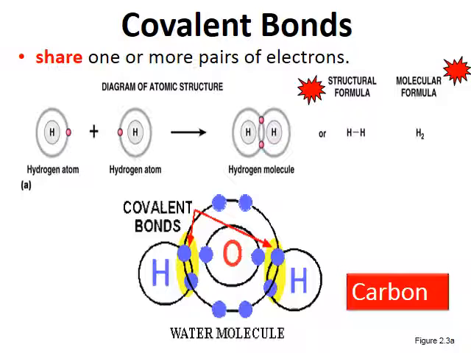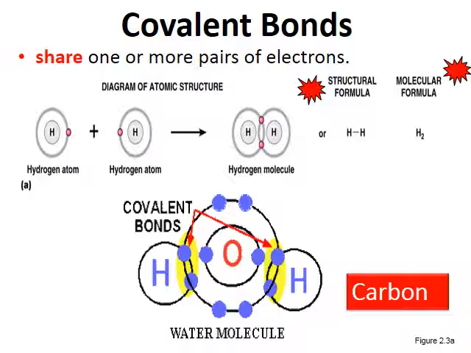And covalent bonds, what actually happens is you have 2 atoms coming together, and they are very, very similar in electronegativities. Classic example of this is the formation of a hydrogen molecule. You have 2 hydrogen atoms coming together. Now with a hydrogen atom, it only has 1 energy level. And remember that according to the octet rule,